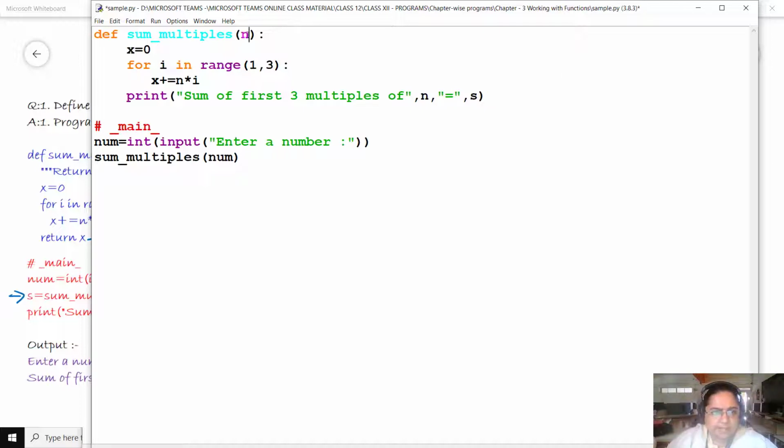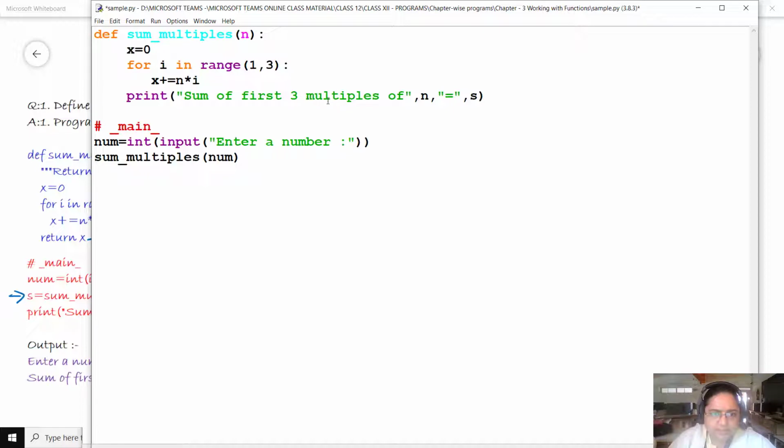This n value is passed by the main function, that is the main area over here. Num is passed, num is accepted within n, and we use n for finding out the sum of the three multiples.